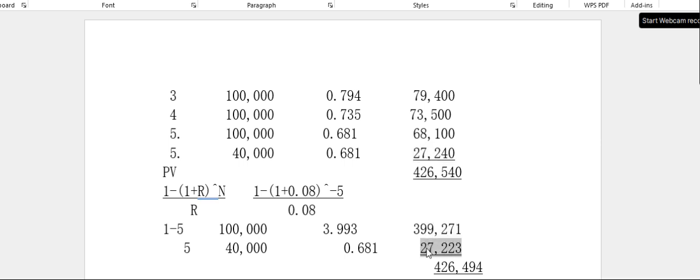Now, the year 5 residual value will not go with this annuity, because it is a year 5 estimation. That one will happen in year 5, while this other one will happen year by year. That's why we can do it in annuity for the payments. However, let me also state this,